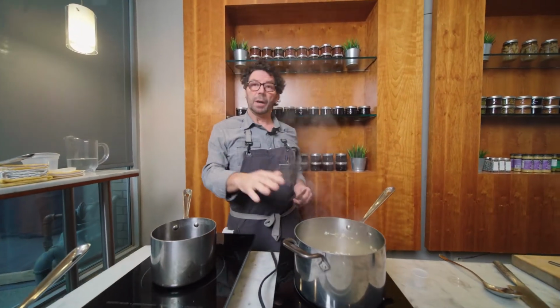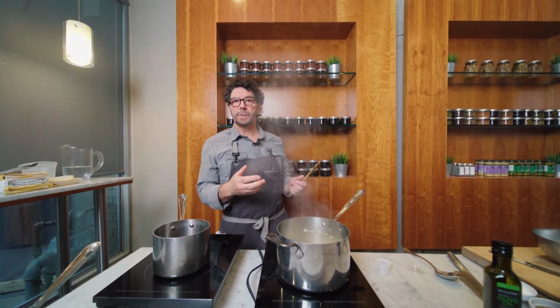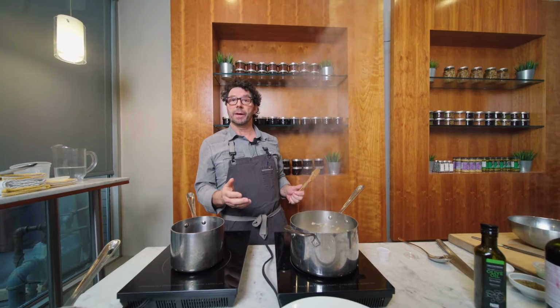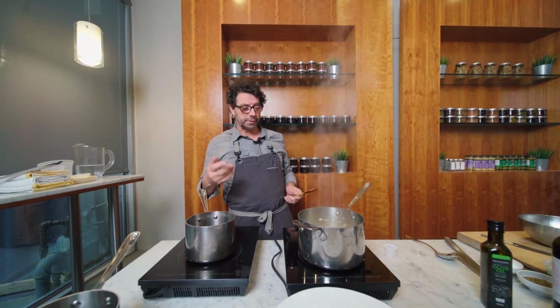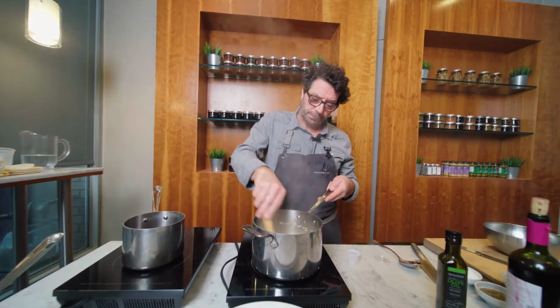If you add the stock hot, it speeds up the process because each time you add the stock, you don't have to actually bring the moisture from the water and mushroom stock. You don't have to bring that to a boil, so it absorbs a lot faster. So what I'm going to do is put this to about a medium heat so that it's always nice and warm, and we're going to